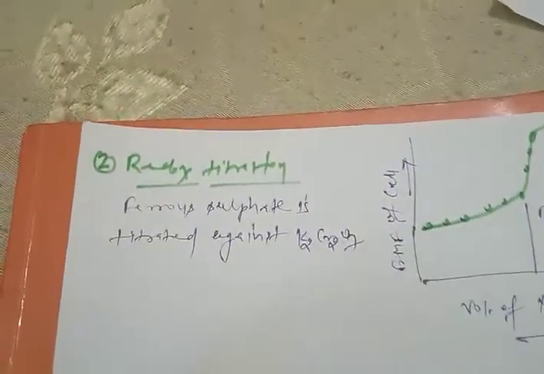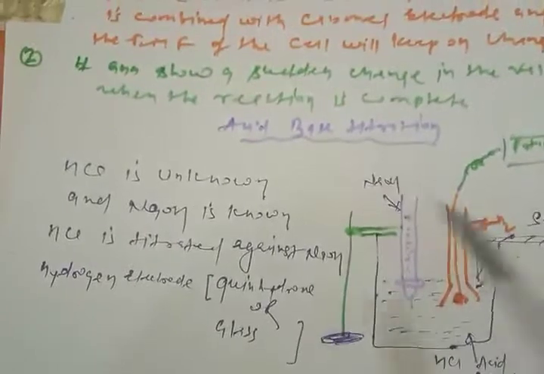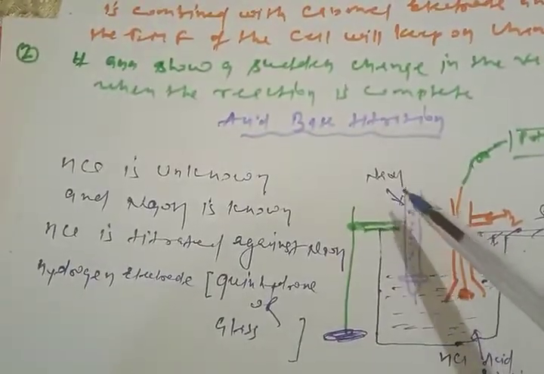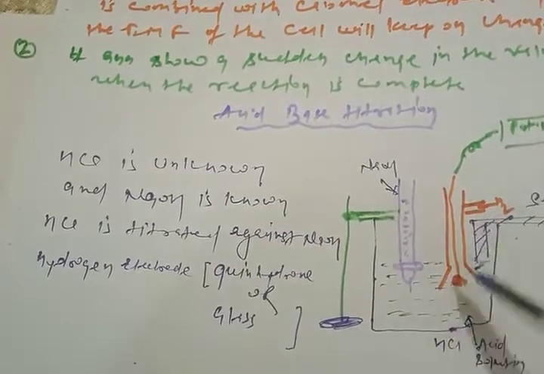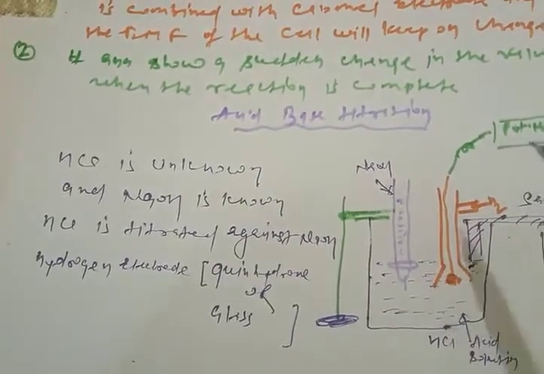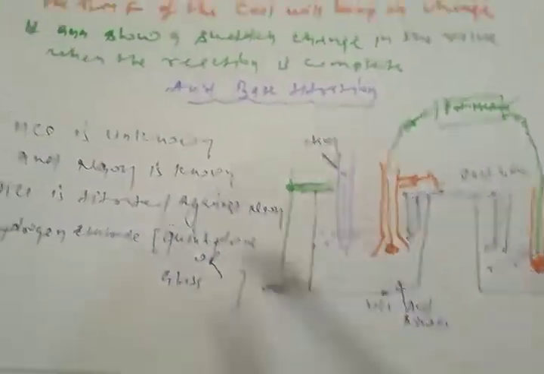I'm not going to detail it, you can just take the reference of the acid base titration. Here in this case, we have potassium dichromate, here is the ferrous sulfate, and then you can take a platinum wire, so that a setup is there, the calomel electrode is always there as a reference electrode, and this is how the thing will complete.